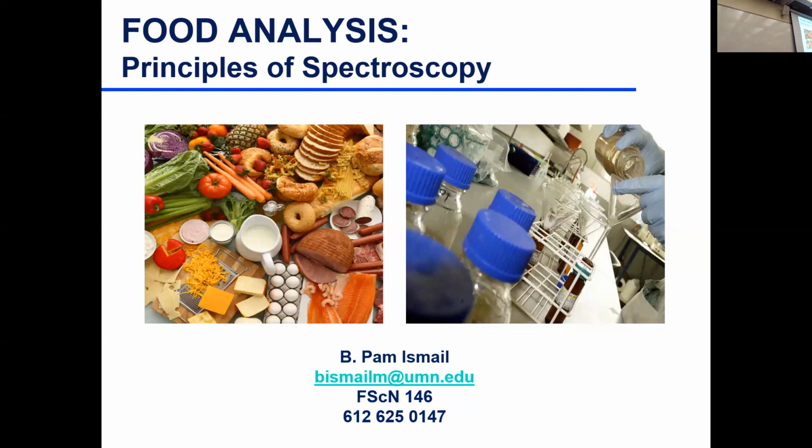Spectroscopy really is going to be applied throughout the semester in different ways. You already had some of that in HPLC where we did the capillary using UV absorption. So a lot of assays are based on absorption of light or fluorescence of light, or even refraction, like refractive index, and also light scattering. So a lot of light-matter interaction that helps us in identification and quantification. So we'll start from the very beginning